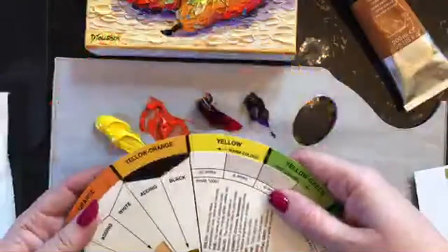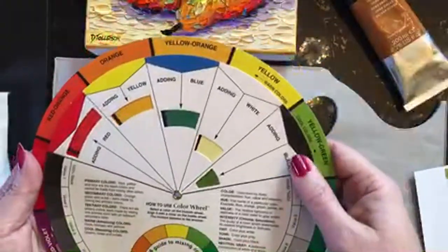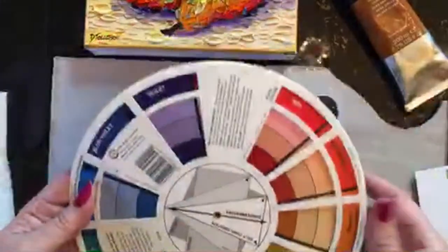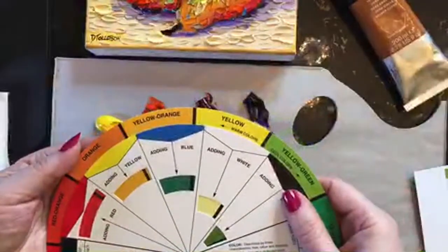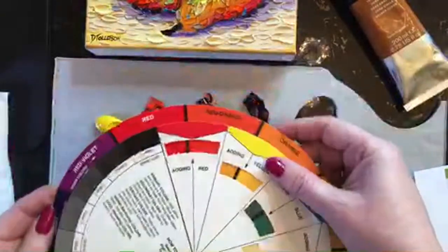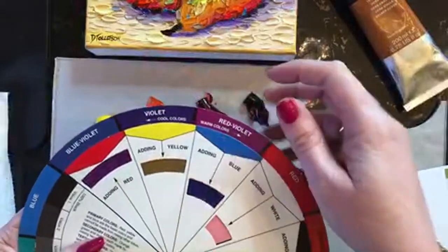So let me go ahead and take the yellow and let's see if it tells us what happens if we put our opposite color in. I thought it did. Let's see. Yellow. Oh, okay, yellow. There we go. So if I take yellow, here we go. So if we take